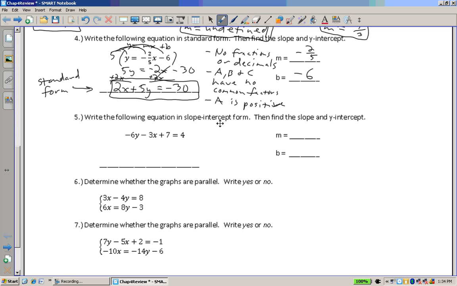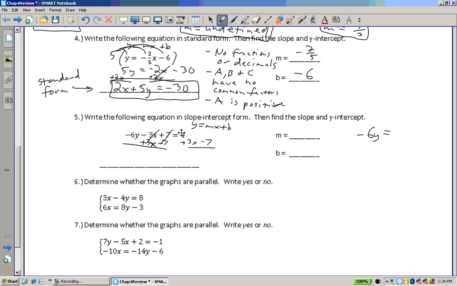At this time, we need to put it in slope-intercept form. So remember, that's y equals mx plus b. And having slope-intercept form, I need y out in front, which it is. But I don't need these, so I'm going to add the opposite of these to both sides. So -3x plus 3x, that's 0. 7 minus 7, 0. So I'm left with, I'll tell you what, I'm going to continue over here, -6y equals,